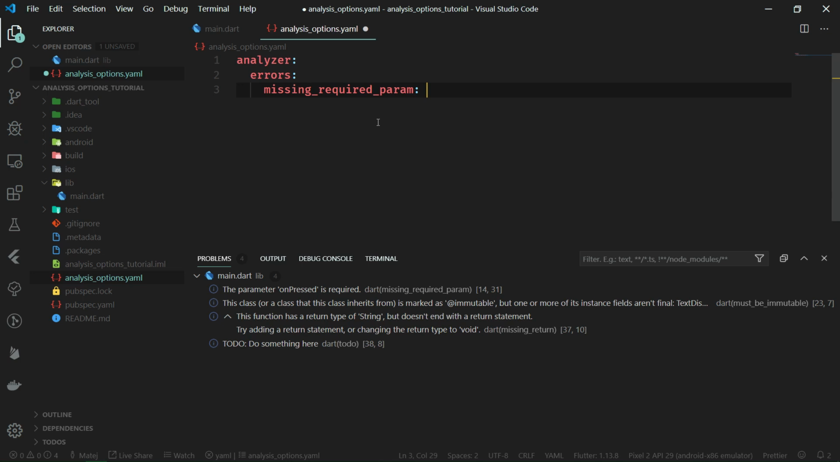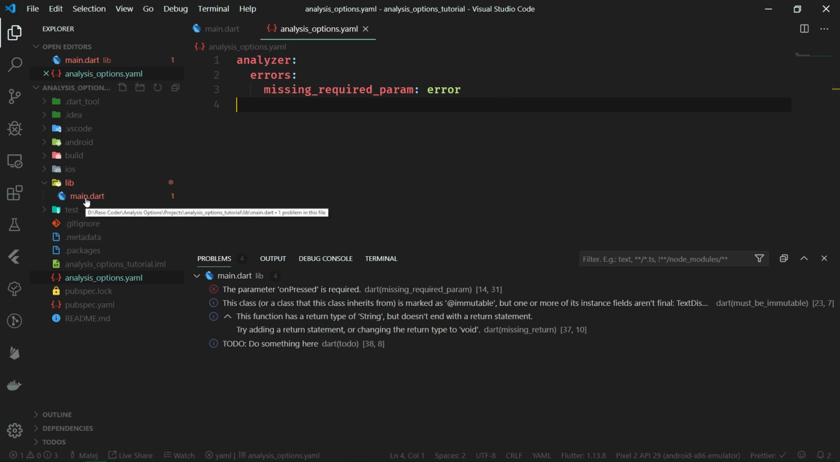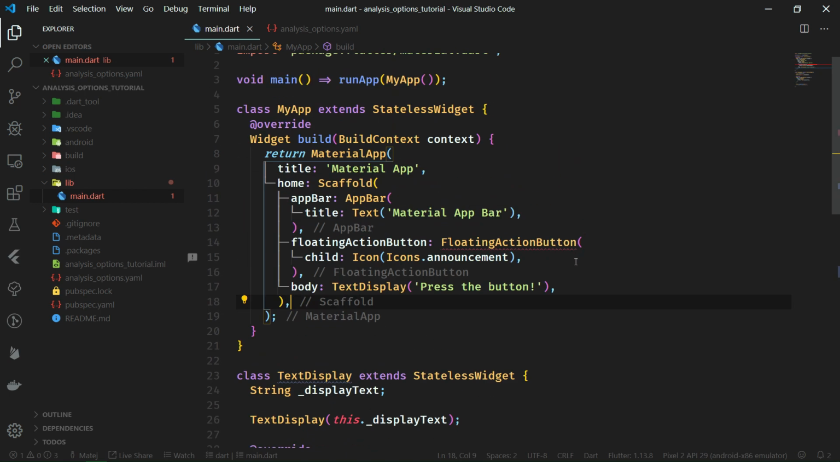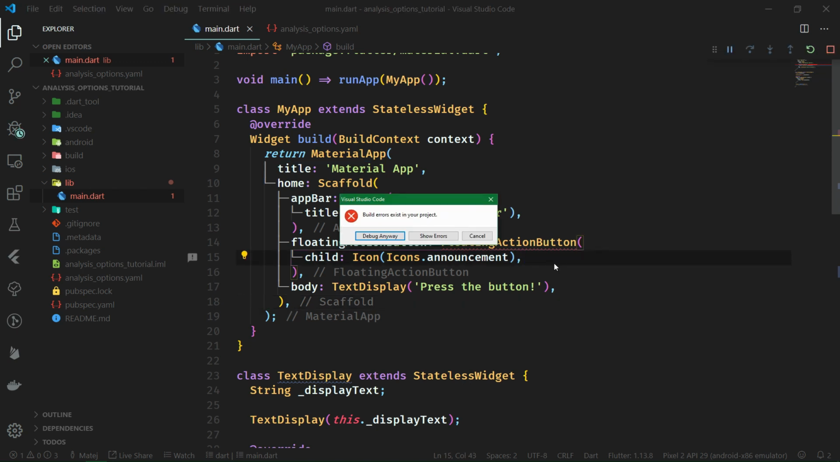And with that, we can now set it to error. And once we save this AnalysisOptions.yaml file, you'll be able to see that immediately we have a red file shown in VS Code, and this has just turned into a fully blown error message. So now what that means is that when we try to run the app, when we omit the onPress parameter, we are going to get an error pop-up as well,